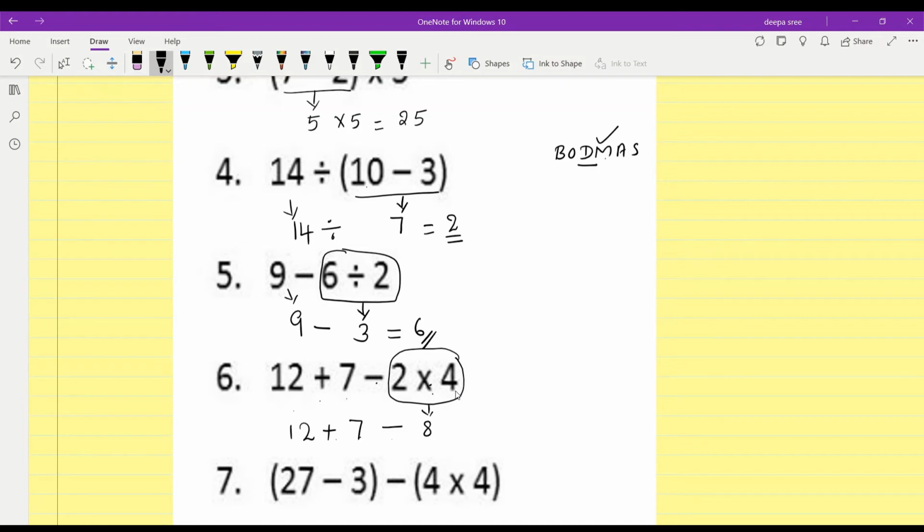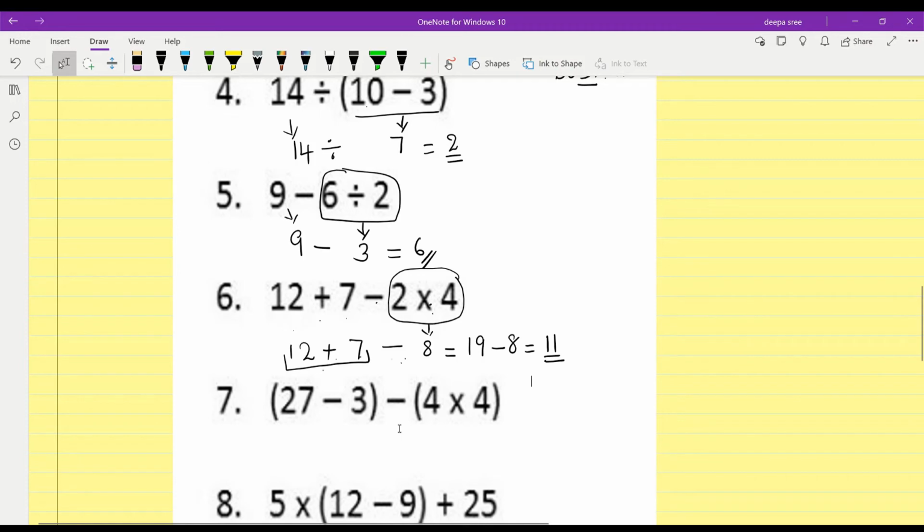we have done. In the next step, now you can see here addition and subtraction, 2 operations only there in this question. So left to right we can do the simplification. When you are simplifying 12 and 7 you will get what? 19 minus 8. 19 minus 8 is equal to what? 11 is the answer. So if you follow the same rules, all the 3 rules: one is BODMAS rule, and only addition and subtraction there, from left to right simplification, multiplication and division there, then left to right simplification. If you follow the rule you will get the correct answer and you will not get any mistake in solving